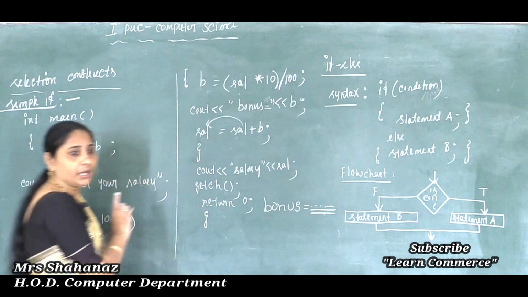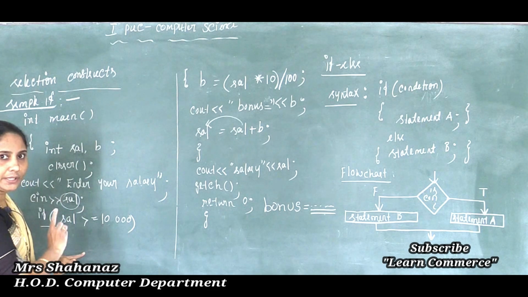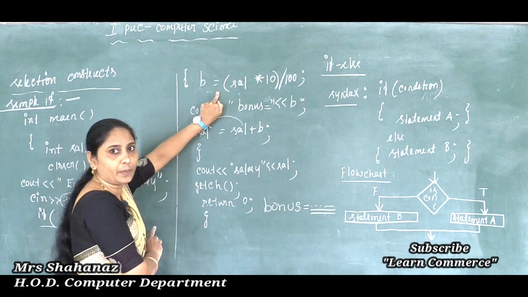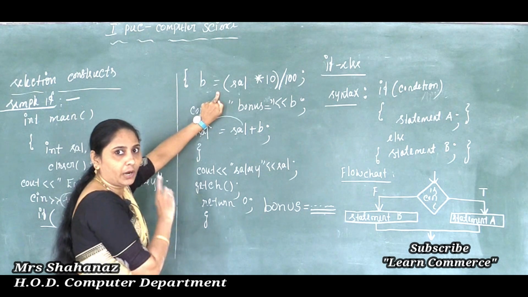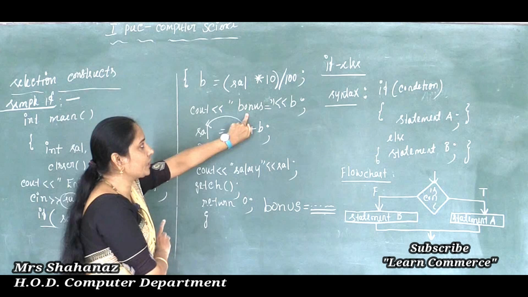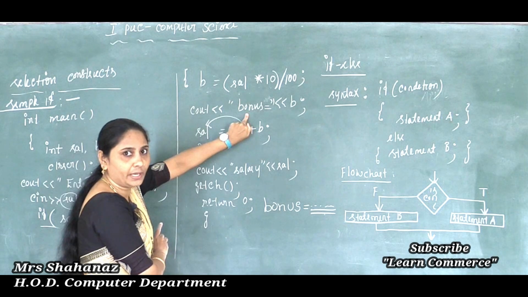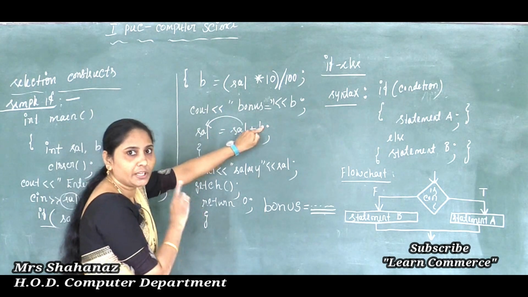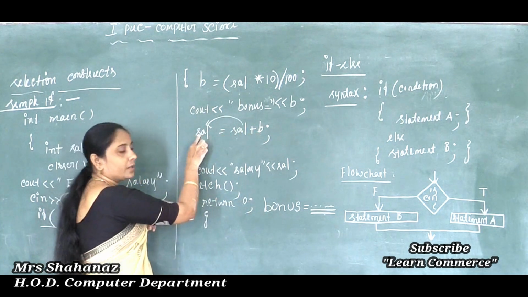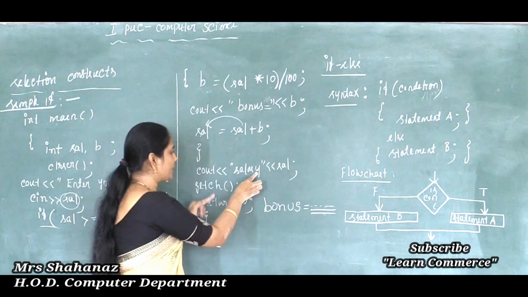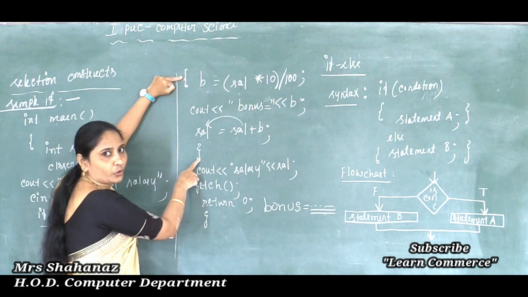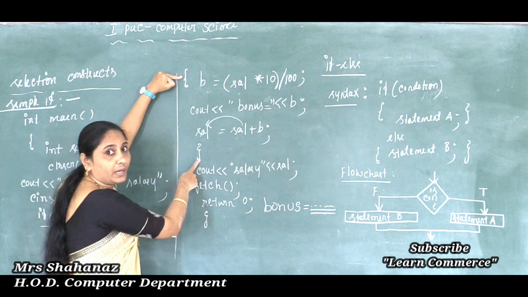In this case, if the condition is true, then only it is going to make the calculation for the variable bonus here. And after the calculation, it is going to display the bonus amount separately, and afterwards it is going to add the salary plus bonus into the variable sal. Clear? And finally, because I opened the flower bracket, that flower bracket is going to close. Still here I didn't start the program, it is just one simple example.